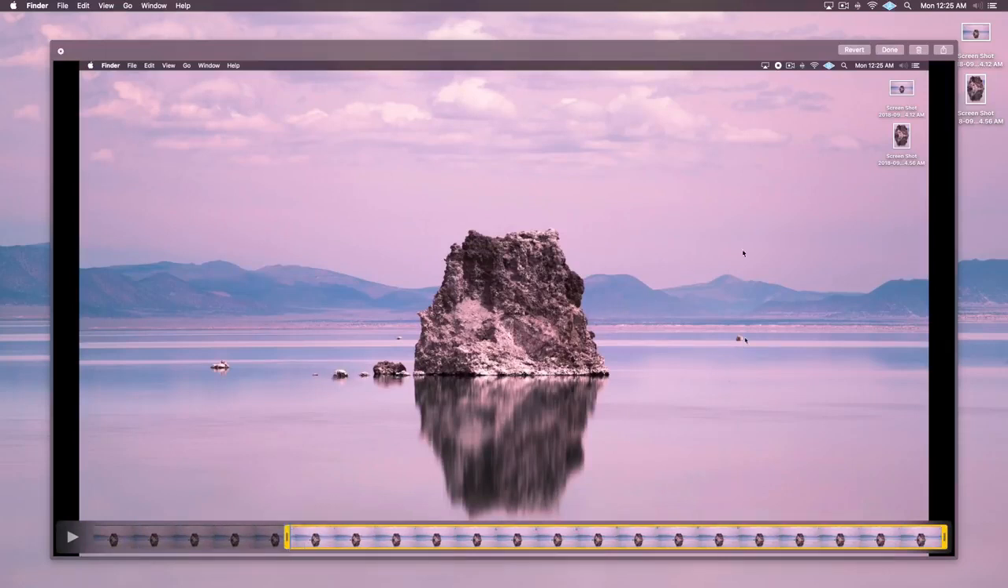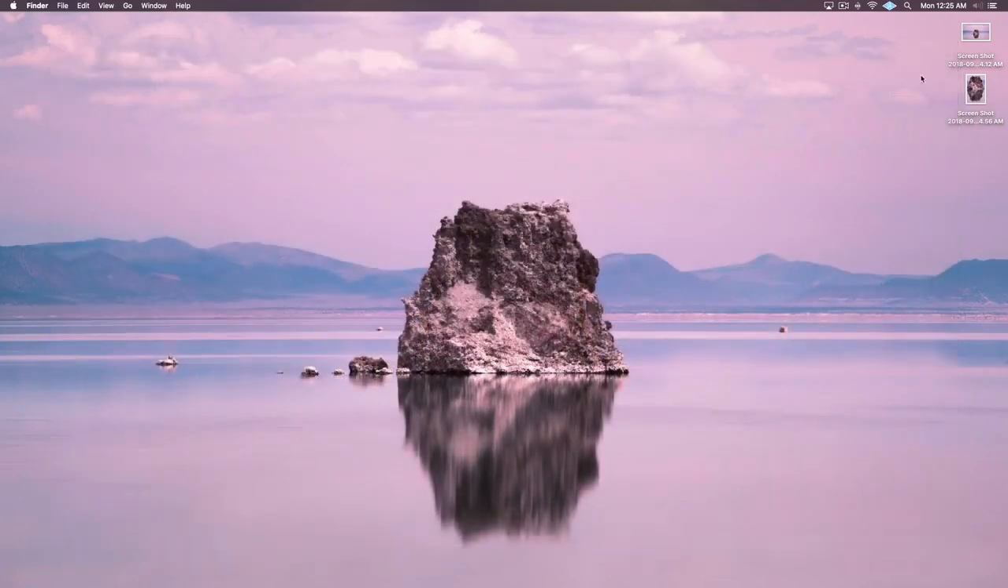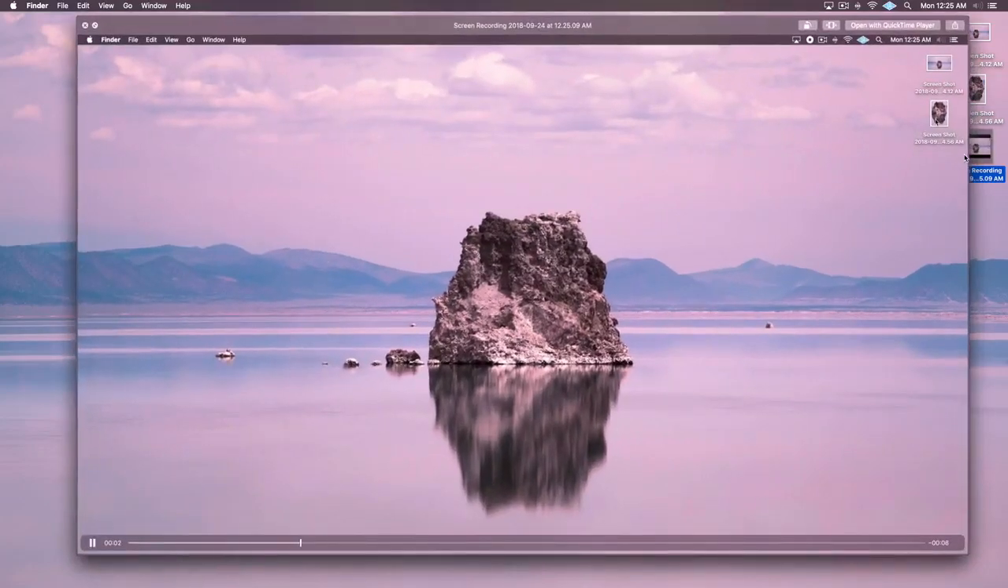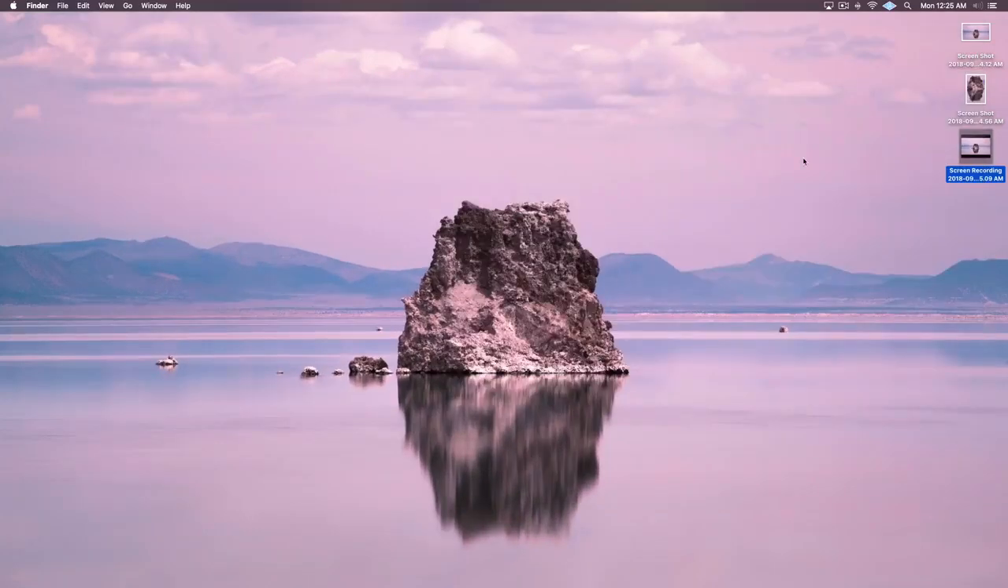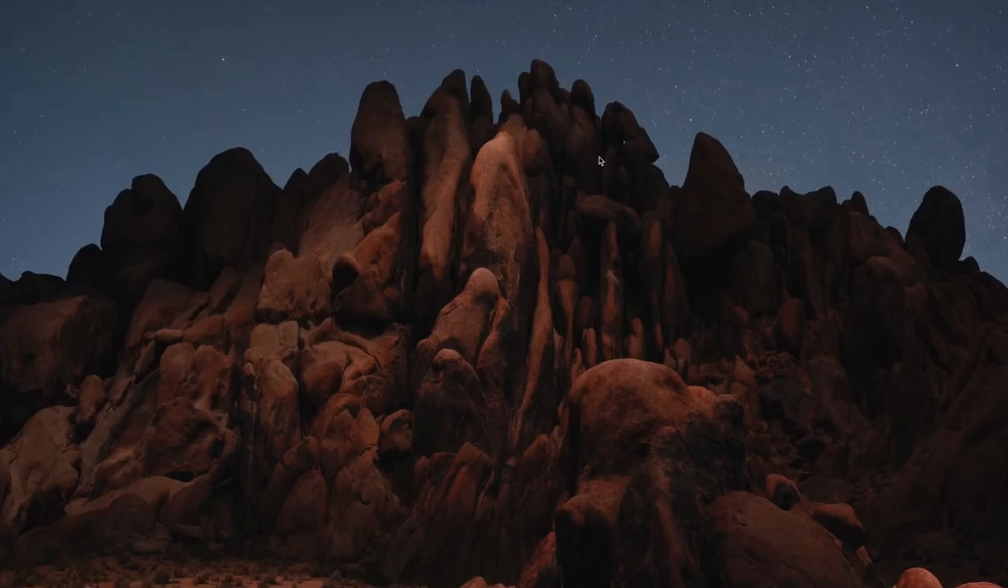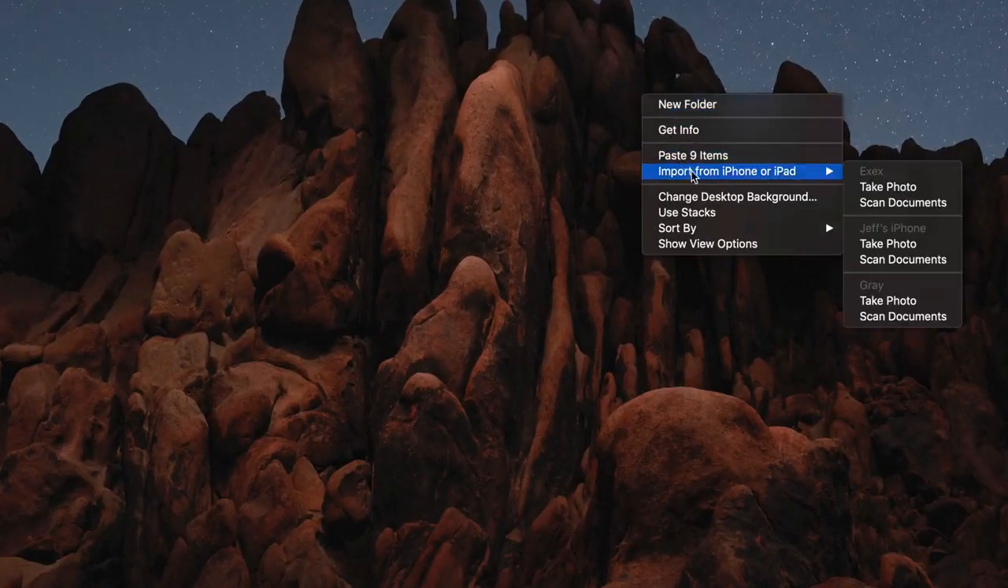It's super handy. And then I'll click done and it'll save that screen recording directly to the desktop. And I can preview it just like that. And you can see your mouse clicks. Pretty cool. Continuity Camera takes some of the inefficiency out of the workflow of taking photos with your phone to